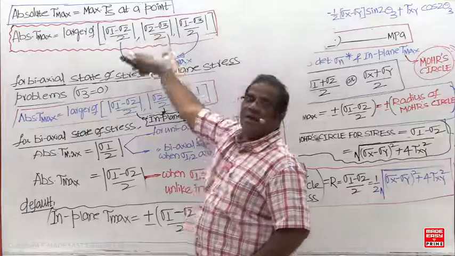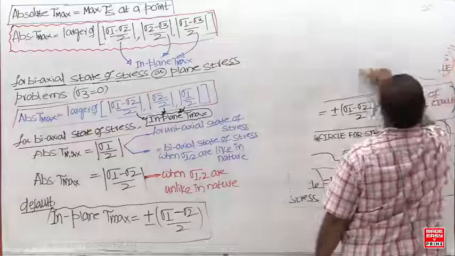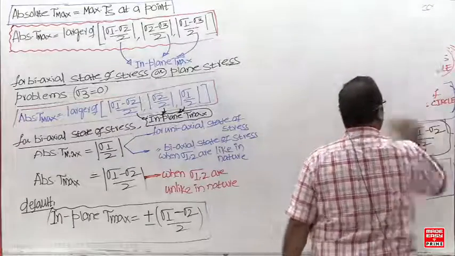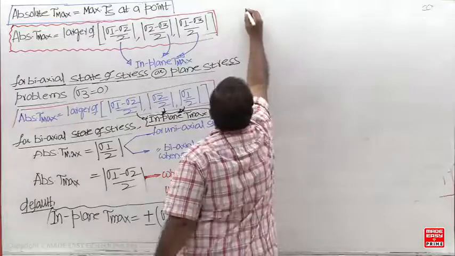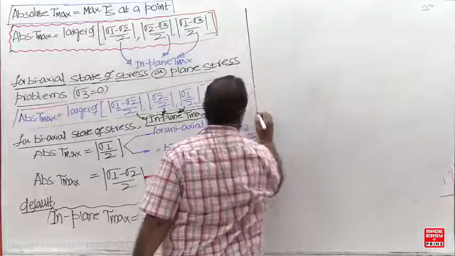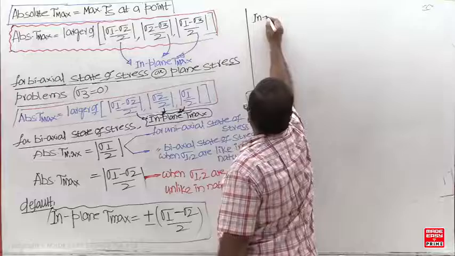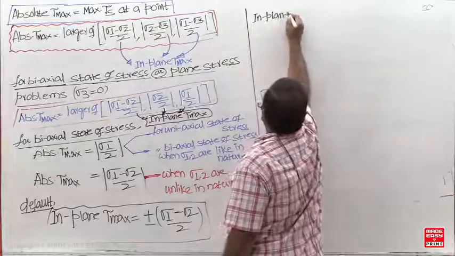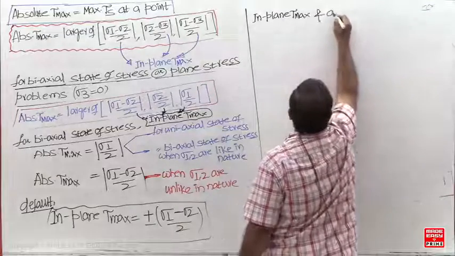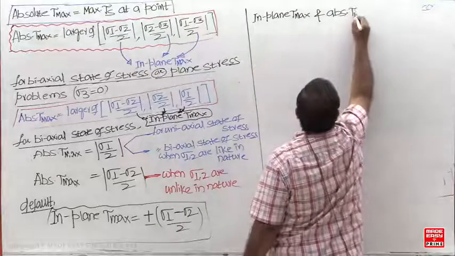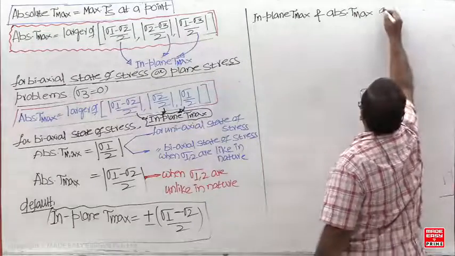Then you have to go for these three and consider the larger one. In-plane tau max and absolute tau max are equal in magnitude